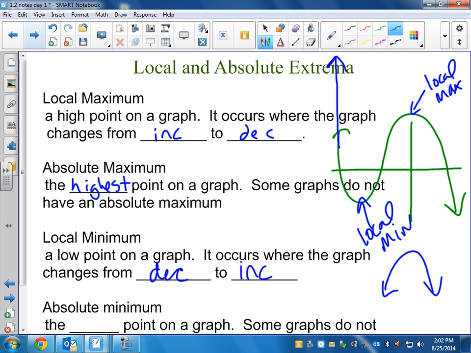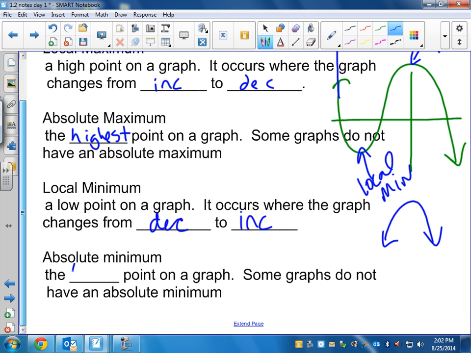In Algebra 2, you pretty much only talk about local maximums, so you kind of leave that word local off, but I just want to make sure that you know that's not the minimum of the graph. Because the absolute minimum would be the absolute lowest point on the graph. And again, on my picture over here, is there an absolute minimum to that graph? No, because this side goes down forever. Remember we talked about even and odd functions, like even functions, the arrows point in the same direction, odd functions,